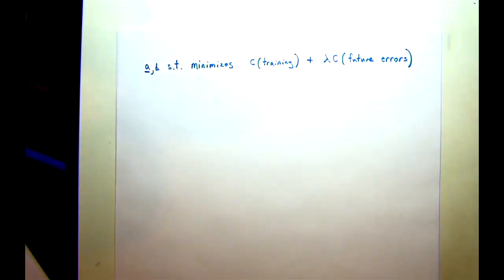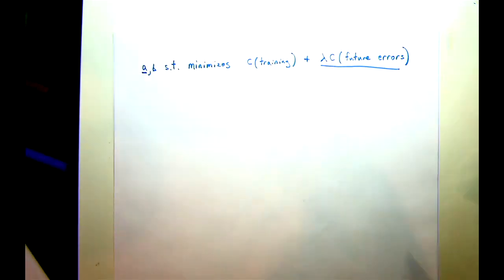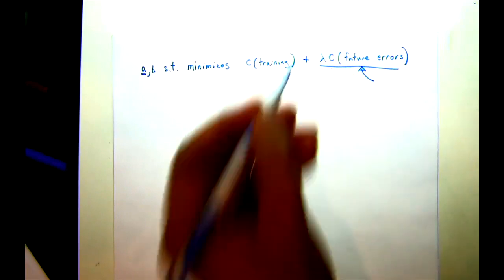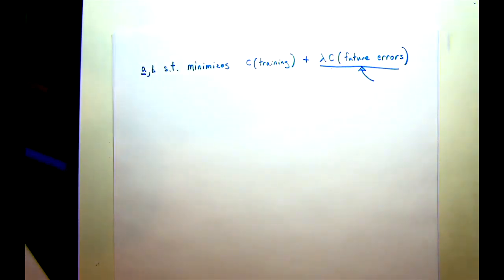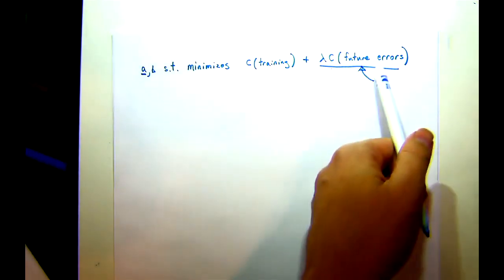So what we're saying here is we want to take into consideration not just the actual training cost, where we pay a penalty if we're getting things wrong on the training set. We also want to have this second component that says, let's make sure we're also going to do okay on future errors. That's a little tricky because we don't have future data. So we're going to have to come up with some sort of guesstimate of this cost because we don't actually have data to drive that. So this is going to be a heuristic to control for future errors.